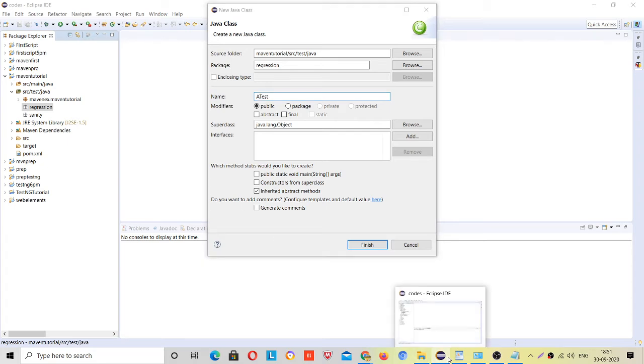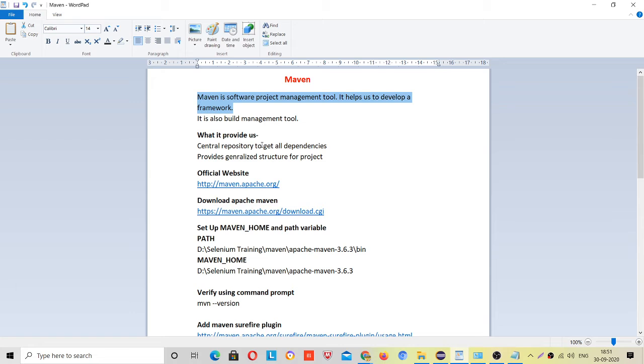And after that, see, it is also a build management tool. It means if you have created a new class, you don't have to take care of that thing. It will manage all your builds, right? This will be covered later on, but you have to understand that if someone asks what Maven is, Maven is basically a build and software management tool, right?